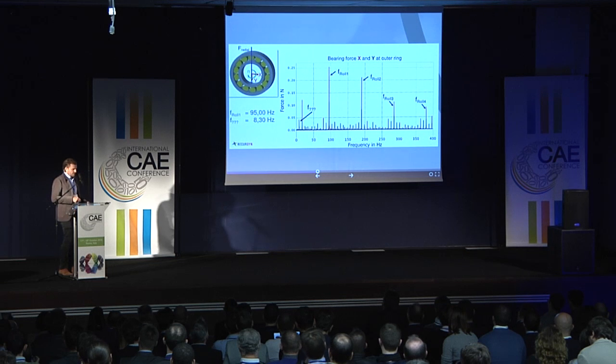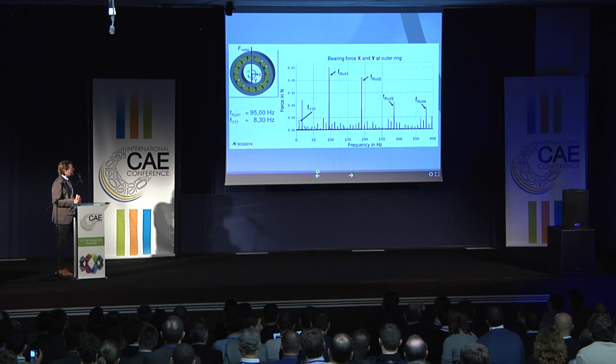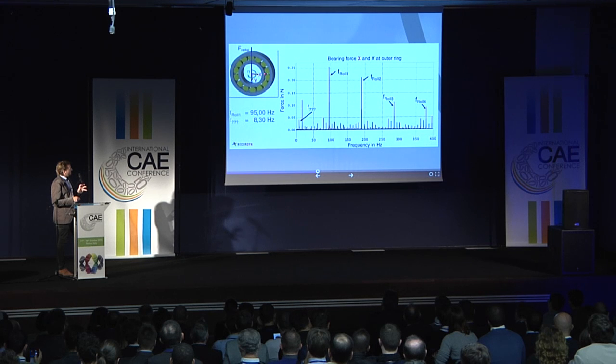Okay, so we're in frequency domain, and what we see is lots of peaks, which I have to explain. If this bearing, with this special geometry, is spinning with 1000 RPMs, the rolling element frequency, because these rolling elements are passing the area of force right here, is 95 Hertz at this revolution speed. So we get this peak here at 95 Hertz.